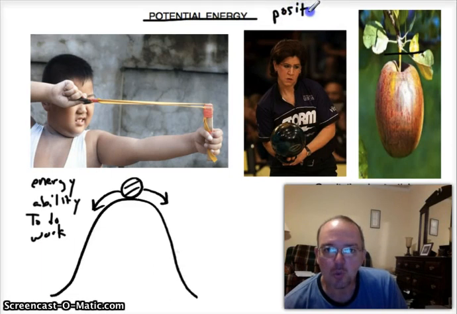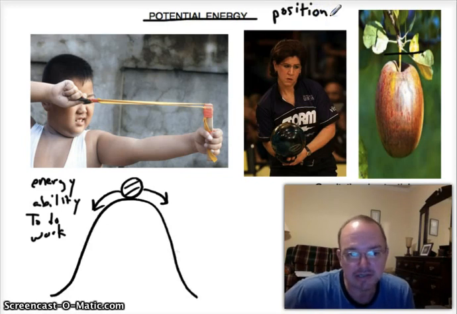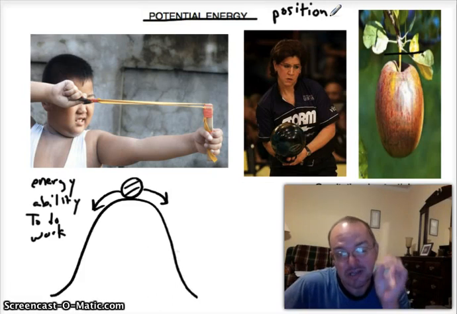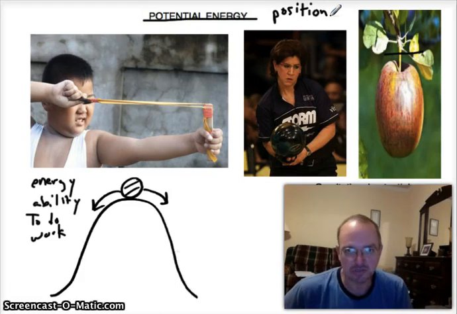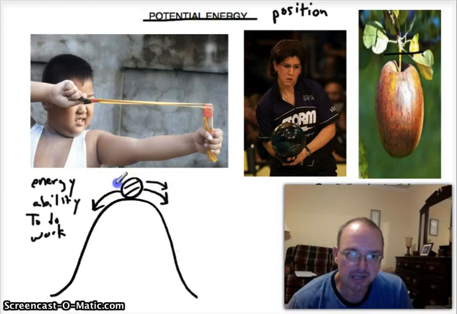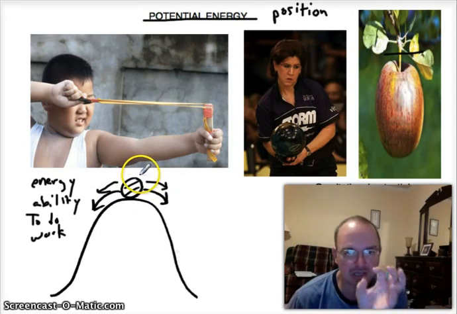So depending on where something is, it will have more or less potential energy. If that rock the kid has in that slingshot is on the ground, it doesn't have much potential energy at all. But if it's in a slingshot ready to go, it will have a lot of potential energy. Now, kind of like this ball that's on the top of the hill here. This ball is just balancing right there. It has a lot of potential energy. Sure, it probably won't be too long before it goes down one side or the other and has actual energy, energy of motion. But for right now, scientists would say it contains energy just from its position.